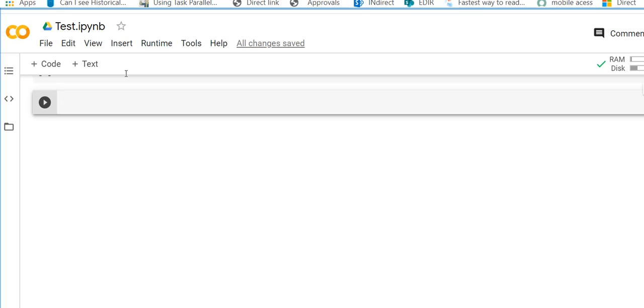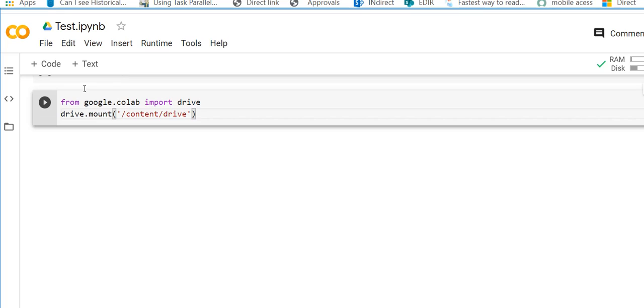In case you want to copy any files from Google Drive, you have to use this query: from google.colab import drive, and then provide the path of your Google Drive. Suppose you are storing files in some folder, you give this folder and you can easily access those files in Google Colab. For example, if you are doing an object detection deep learning model, you can store all your model files and images in your Google Drive. So it's better to access the files through the Mount Drive option. As I said earlier, if anything goes wrong, you never have a chance of losing your files.